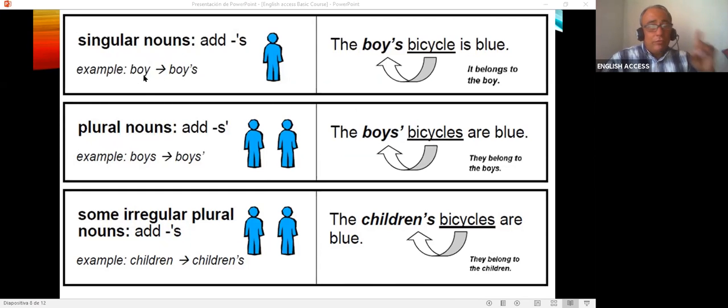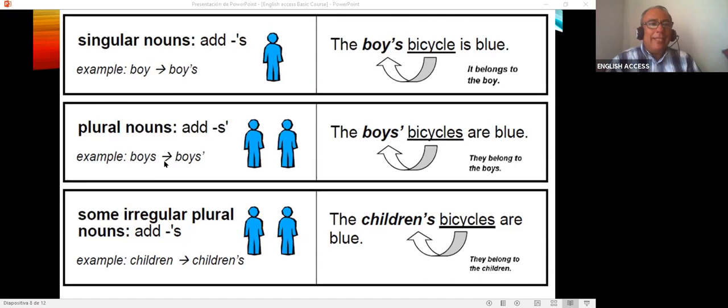For example, boy is one boy only. And the bicycle belongs to the boy. So it is the boy's bicycle. And the boy's bicycle is blue, is more information, but it's the boy's bicycle, meaning that the bicycle belongs to the boy, only one. But when we have plural nouns like boys or names like Carlos, James, or Luis,